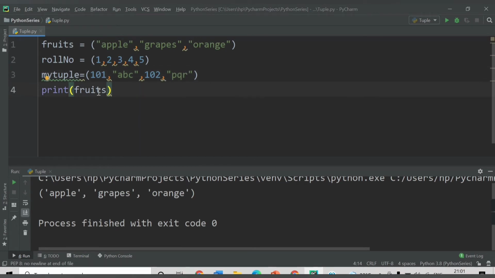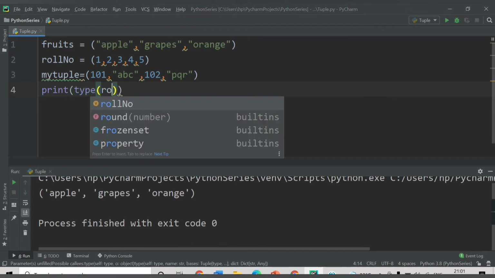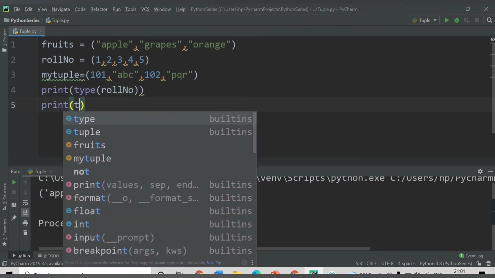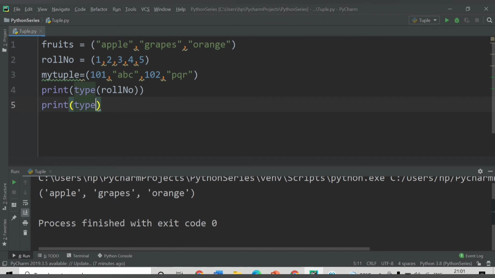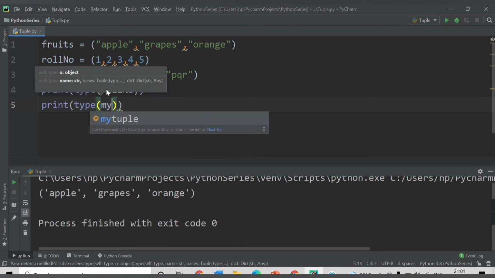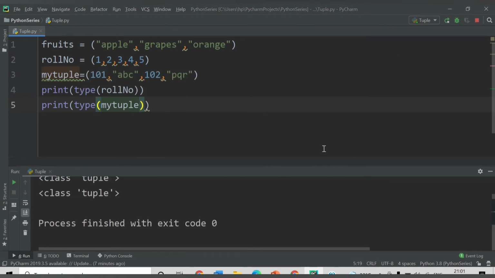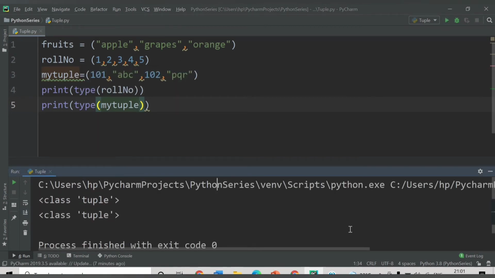Now check the type of these two tuples. Let's check the type of roll number, and in a similar way print the type of my tuple. Let's save this. See, we are getting the type as tuple. So a tuple can be of string data type, numeric data type, as well as a combination of both.